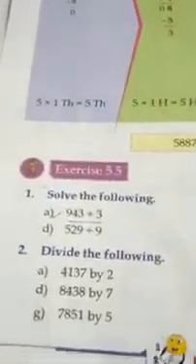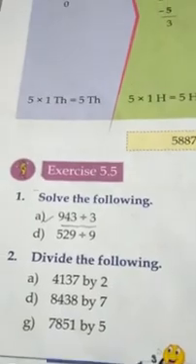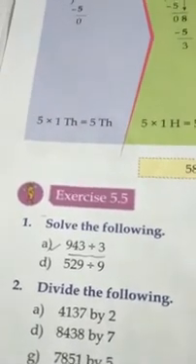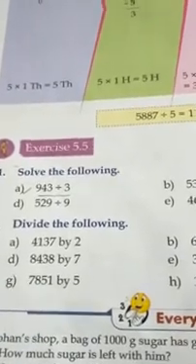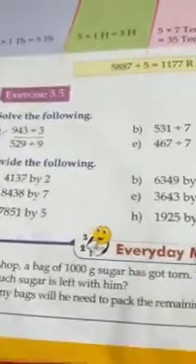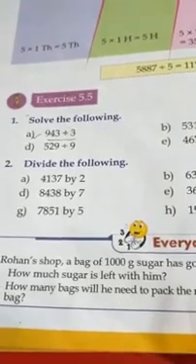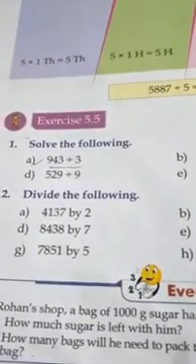Yes friends, now let's move to sum number 2. What is there in sum number 2? You can see there, those are also very easy sums, but 4 digits division is there. Yes, so here I will tell you how to do this division. That's also very easy. Yes, A part is there,